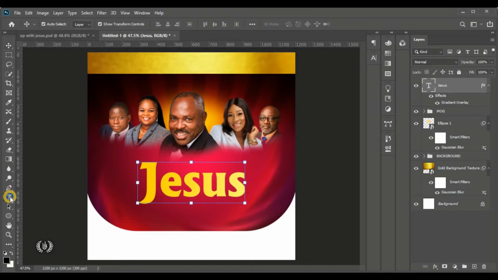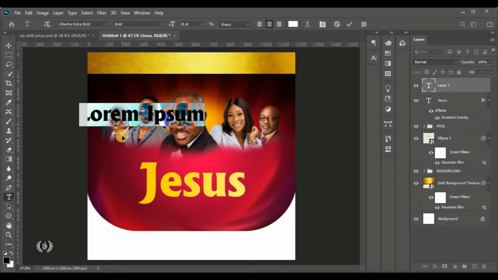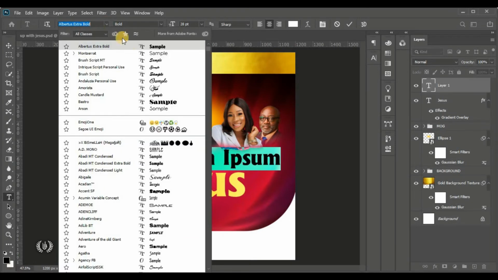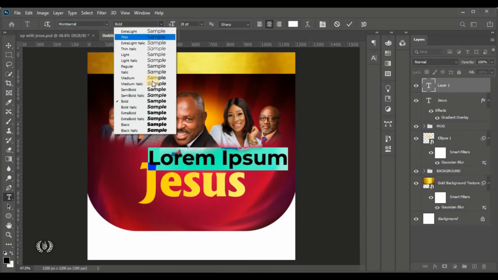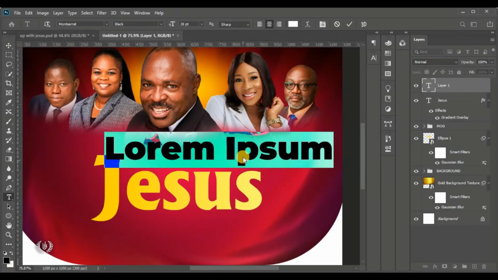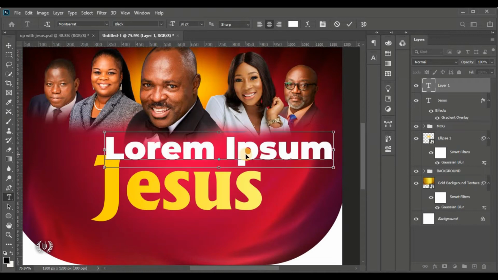Okay, guys, so from here I'll take my horizontal type tool again and type in the details more. I'm going to type in with the font Montserrat, but it has to be bold like that. So Montserrat Black is okay. I'm going to zoom in so that you guys will see what is actually going to happen right here. I'm going to type in the app